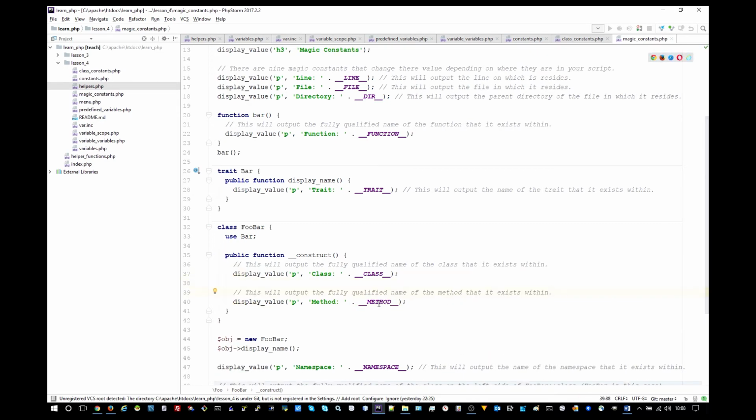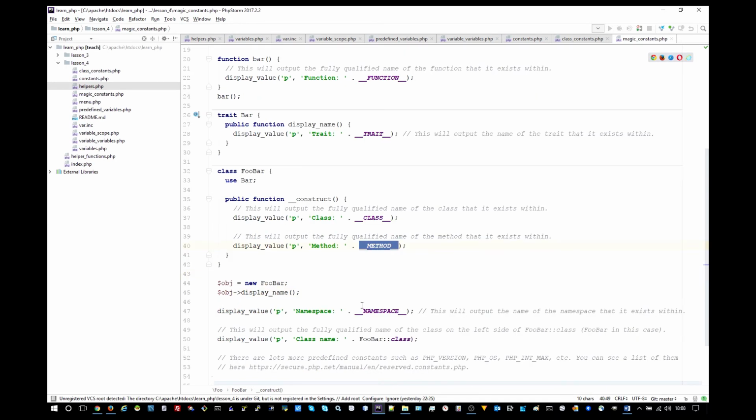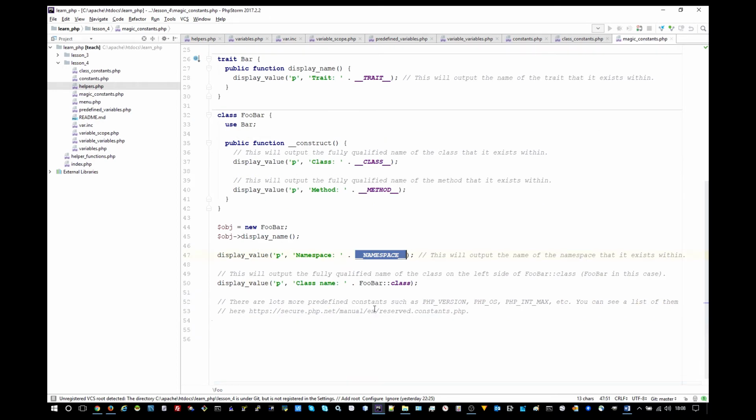Yeah, this will output the method name, and it will be the fully qualified method name, so it will contain the namespace, the class, and the method. This will output the namespace name. So this underscore underscore namespace underscore underscore constant will output the namespace name that it exists within,